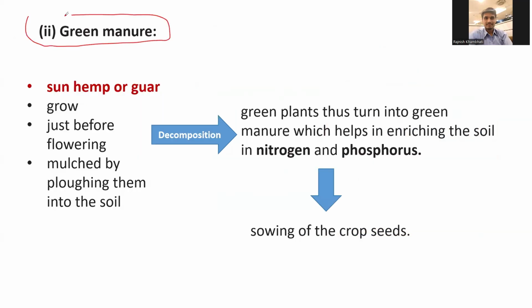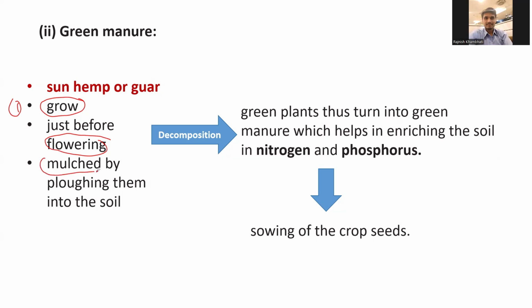The next type of manure, the second type, is green manure. Green manure means we are using sun hemp or guar plant. It's the name of a plant, like guar plant or sun hemp plant. So we will grow the sun hemp plant. Understand this: what you have to do, step number one, is you have to grow the plant, sun hemp or guar. When they grow, and just before they start flowering,